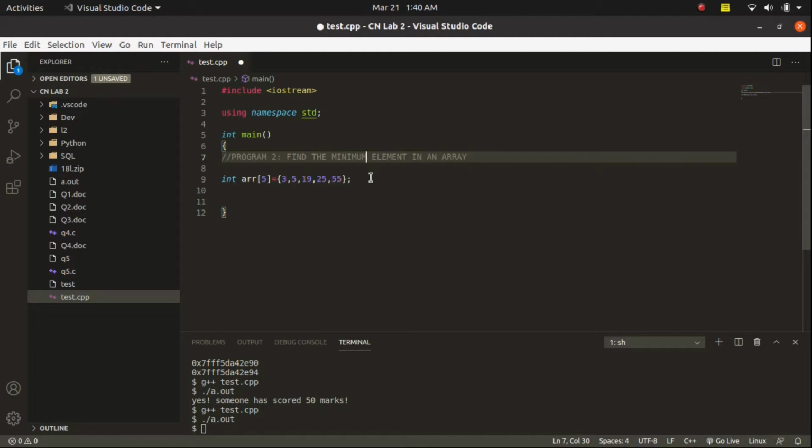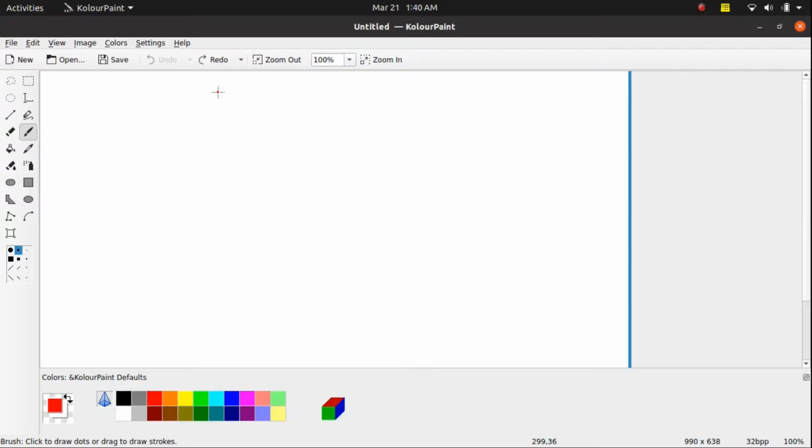Let's forget about programming for a while. In a real life scenario, how would you determine the lowest of a number? Suppose you have different currency notes, different dollar bills in your pocket. For example, you could have a $5 bill, a $10 bill, a $1, $20, and maybe a $50. You have these 5 different dollar bills in your pocket, and how do you know which one is the minimum? You take them out of your pocket one by one.